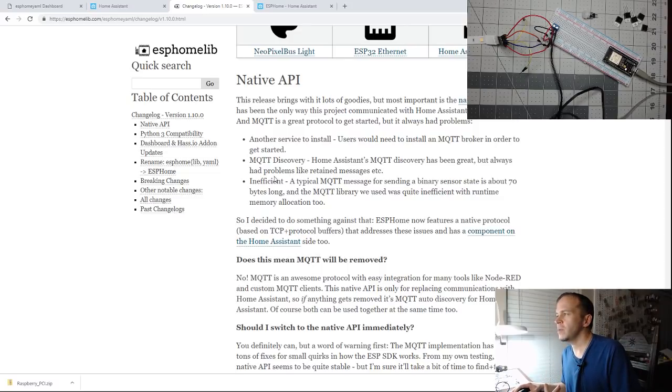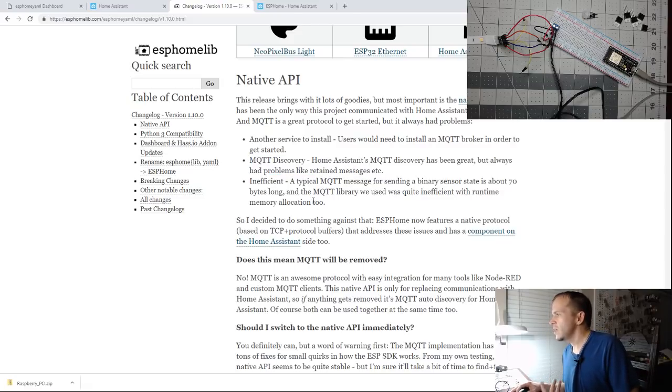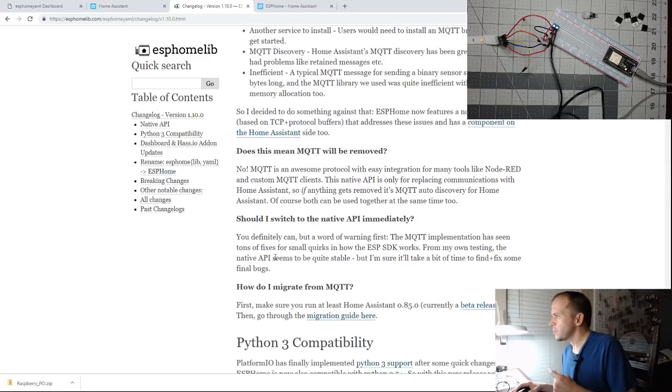And the other problem is it does all those retained messages. If I'm just testing a device and then I have to go clear out MQTT, it's a pain. I like to just copy and paste it in the YAML and be done with it and then take it out. So it looks like they've addressed that here, so when the device is in or out, they don't have to deal with the retained messages. They've improved the efficiency.